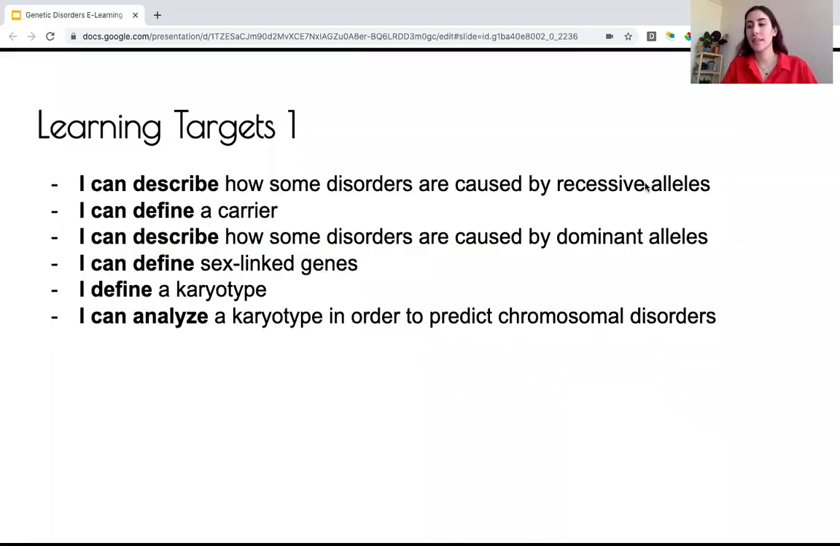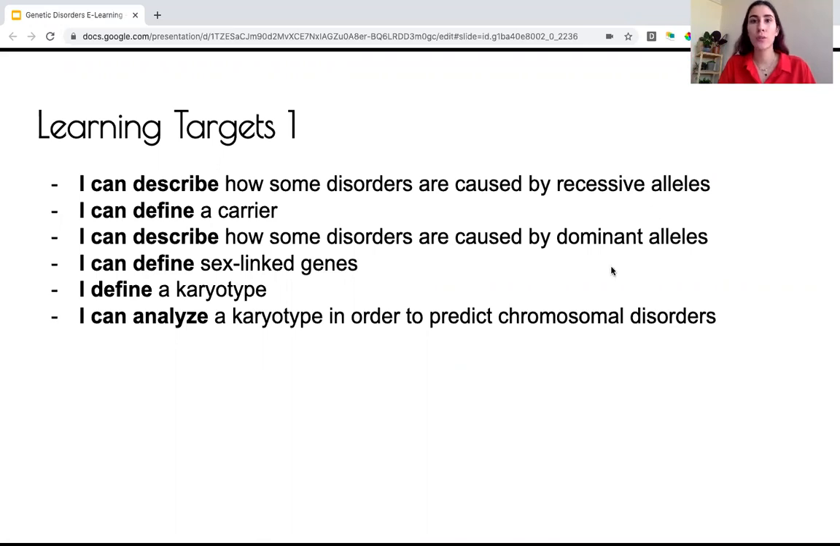By the end of today's lesson, you should be able to describe how some disorders are caused by recessive alleles, while others are caused by dominant alleles. You should be able to define carrier, sex-linked genes, karyotype, and also understand how karyotypes are used in order to